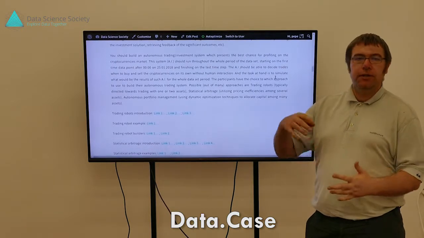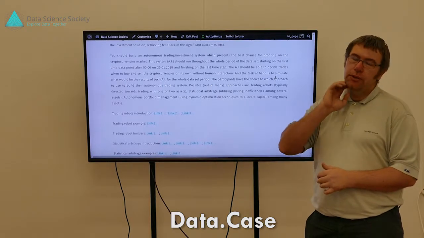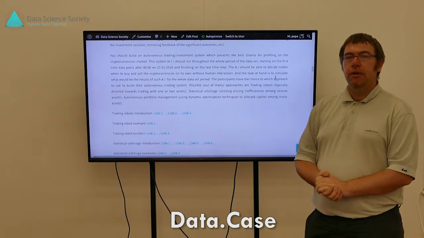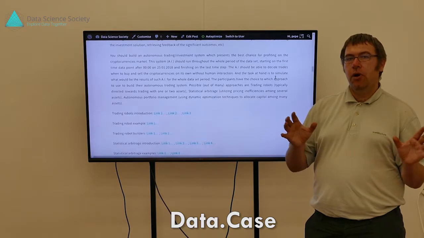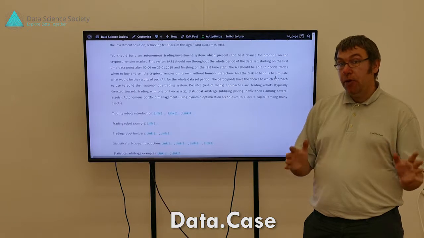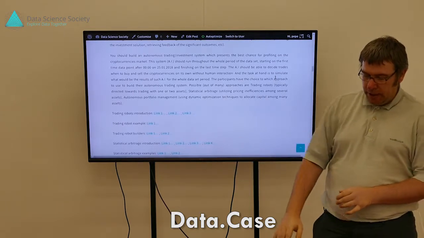You could have a trading robot that sometimes manages a portfolio or sometimes looks into the statistical arbitrage possibilities. Anyhow, the important thing is that if you feel that you can only solve level 1, then go for level 1. And if you have done level 1, then move on to the hardest part, level 2.